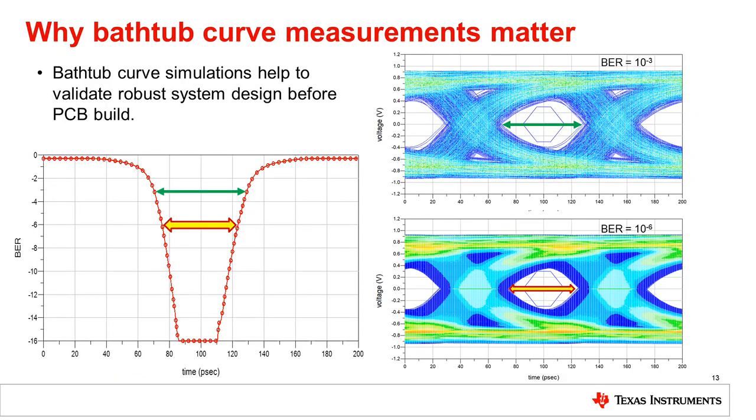Using bathtub curves helps to validate system robustness to jitter. During initial evaluation of your design, an eye only at a BER of 10 to the negative 3 may look nice, but it does not correctly represent the amount of data that will run through your transmission media regularly. Further investigation and stress testing may result in a high number of bit errors after PCB fabrication. It is important to understand your system's BER requirements and evaluate the signal performance accordingly. To see an example of this, compare the eye diagrams at 10 to the negative 3 and 10 to the negative 6 BER levels above. See the eye width reduction as more data is included in the measurement.